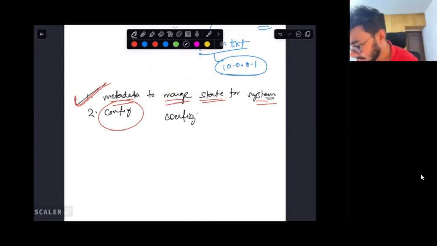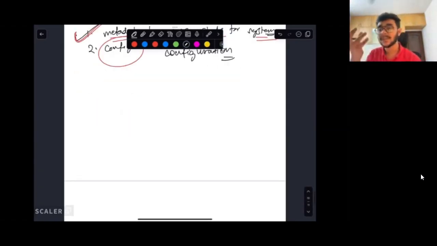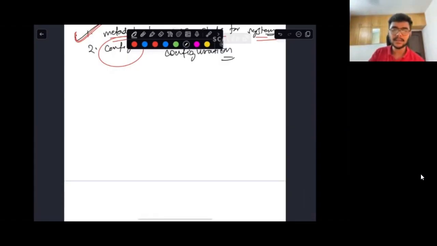Configuration of the database that you're dealing with, right? What can be some parameters for a configuration? Can anyone tell me some things that can qualify as config parameters for a database, let us say? Number of shards. Yes, number of shards is a good parameter to be stored for configuration.